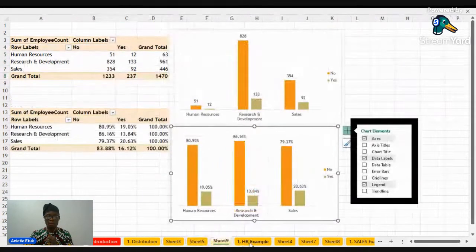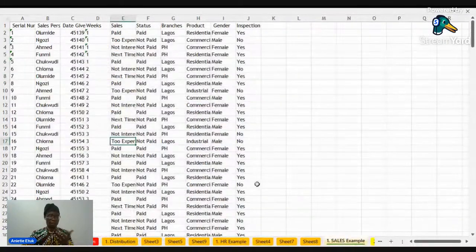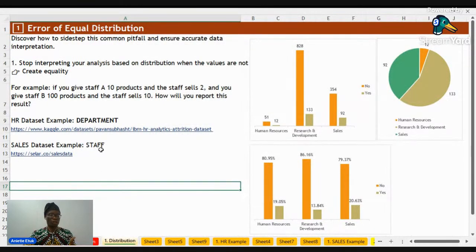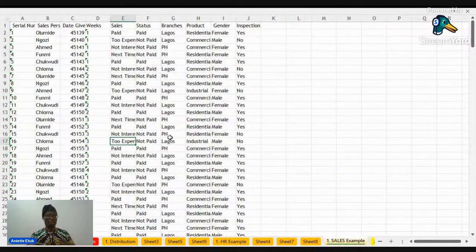Now, the second example I want to give is the sales data. Interestingly, this is the data set, like I told us, in the projects, the course I have built. I just finished building an advanced course. I'll talk about the course later, but this is the sample data set I told us about in the opening. So in this sample data set, we also have a discussion. We want to check the performance of the marketers. Now, in this data set, they have branches in 2 states. It is a real estate company, and they have 3 products, and they have 6 marketers, and they want to evaluate performance.